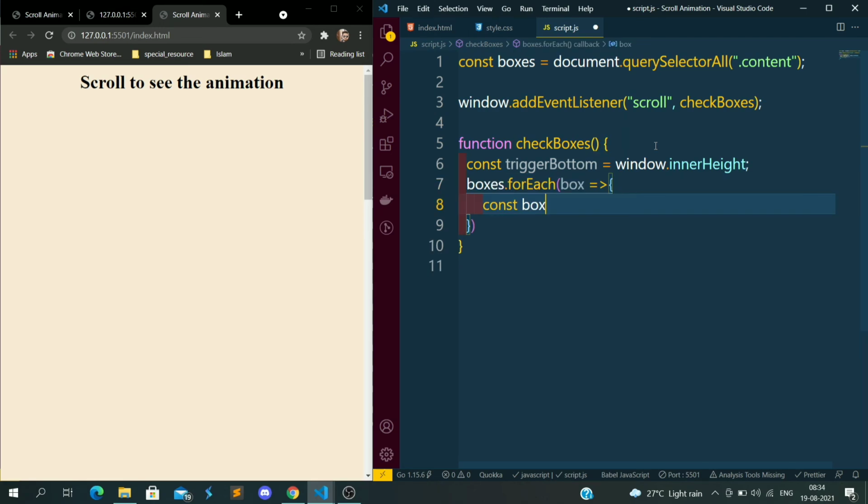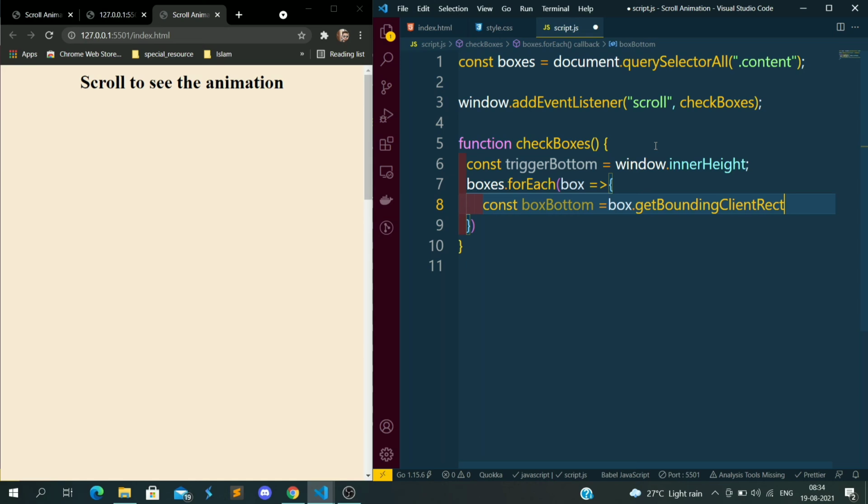So box.getBoundingClientRect. There is a method getBoundingClientRect; if you want, you can search on MDN. It gives the top and bottom height of the box.